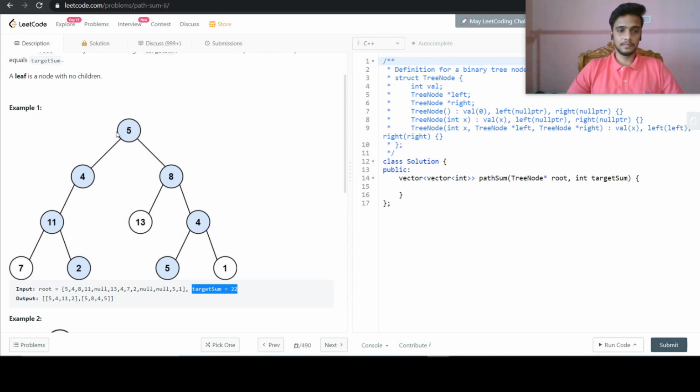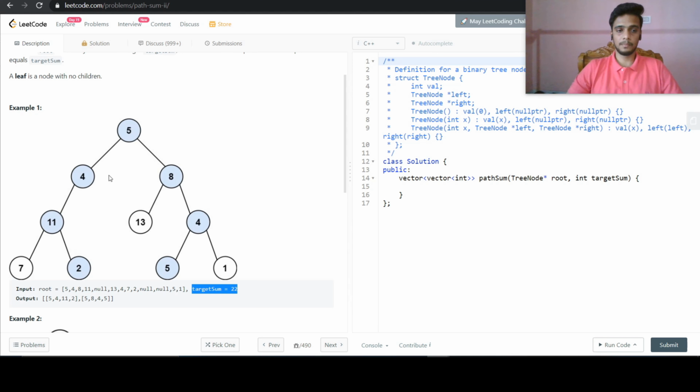So we have found one path, and then again we will follow the same approach. We will pop out this node from the current vector in which we were storing the path. Then we will reach here, and since we have exhausted both of its children, we will pop out this one also, then we will reach here with the sum of 9. Also we have covered both of its children.